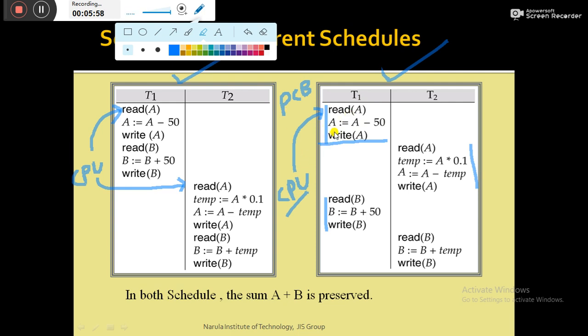Then the CPU releases T1 and starts executing transaction T2. That means at the current point of time the CPU is executing transaction T2. Then at that point of time